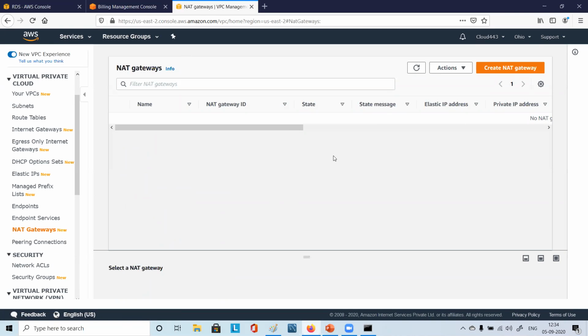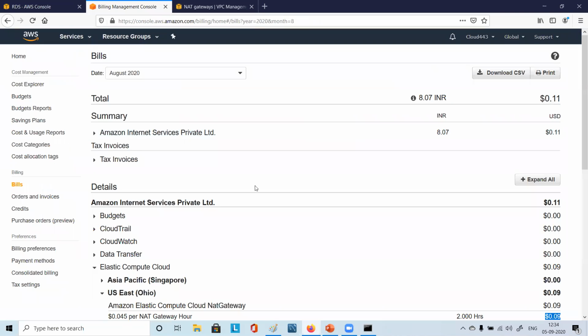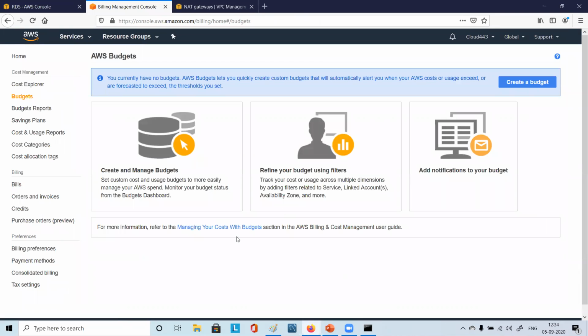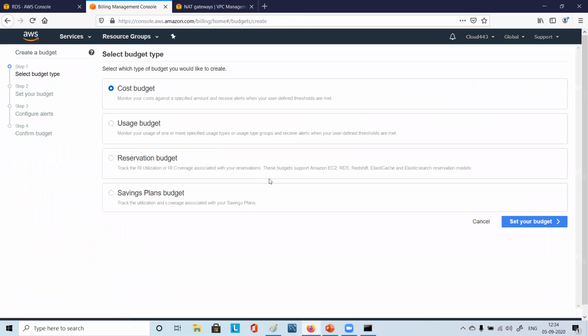Billing is really very important, whether it is free tier or a production environment. You remember I had talked about creation of budgets. In one of my sessions, I had explained how to create a budget. You can create a budget where you define that you don't want to pay more than a certain cost.